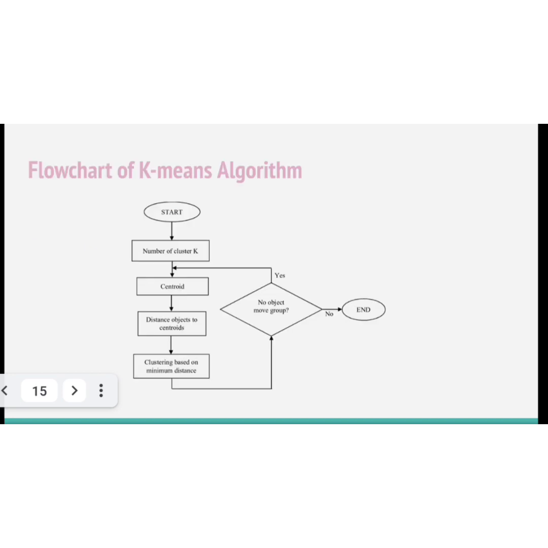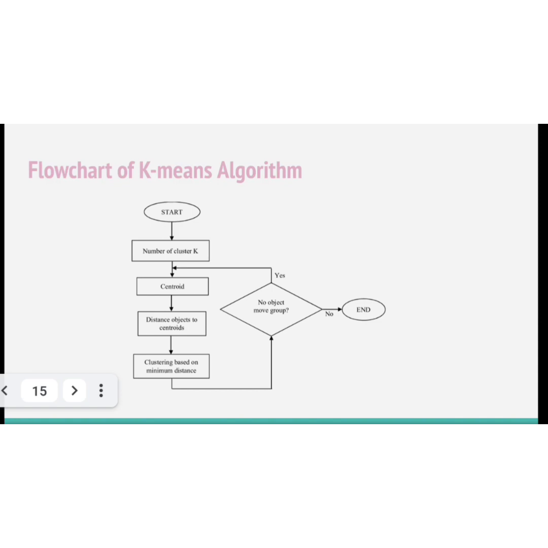Now let's look into the flowchart of K-means algorithm. As I have said earlier, we will choose a value for K, that means the number of clusters. Then we will select K number of centroids or initial points from the given data points. Then we will find the distance between each point and centroids, and then further the distance between each point and mean positions, and we will do clustering by assigning each point